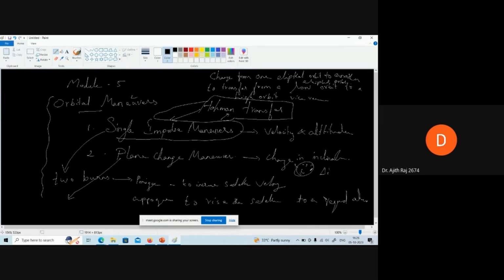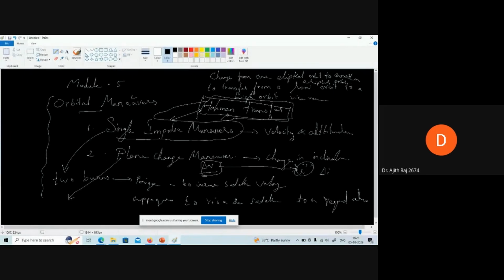So here, even if you change this I, finally your del V will also change. So finally the velocity, the speed, and it can be vice versa. Generally, with the del V, you have to control I. So based upon the velocity, increasing or decreasing, you can even change the orientation of the satellite as well. Okay, so these are the two things we are taking forward, and in the upcoming class we will see